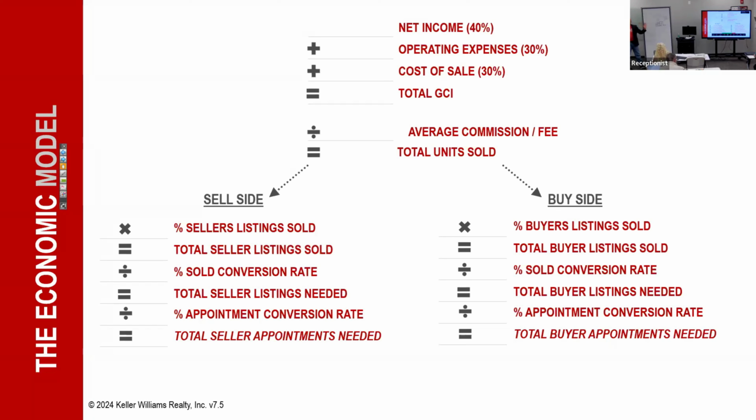If you did nothing else from this class and got this part right and said my average commission is going to be $10,000, what's $337,500 divided by $10,000? Yeah, sell 34 homes. That's all. You could stop listening right now, throw up your hands and walk out of the room. I'm just going to sell 34 homes, and the rest of it will work itself out.